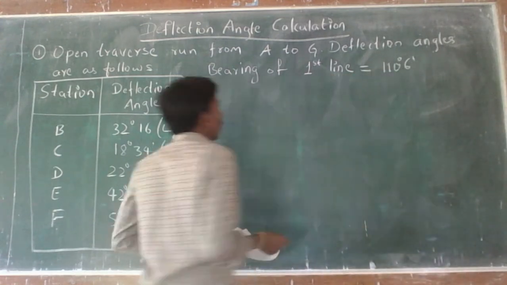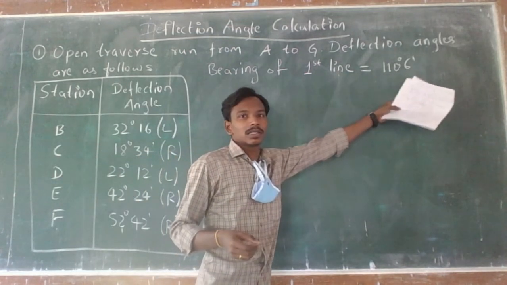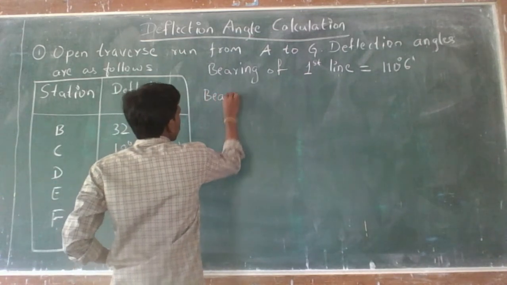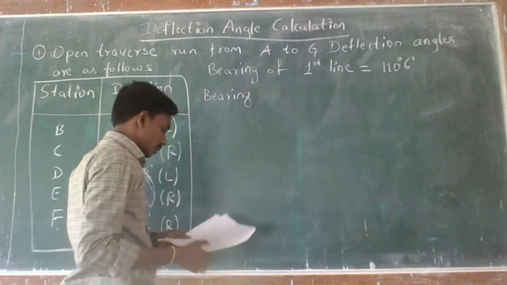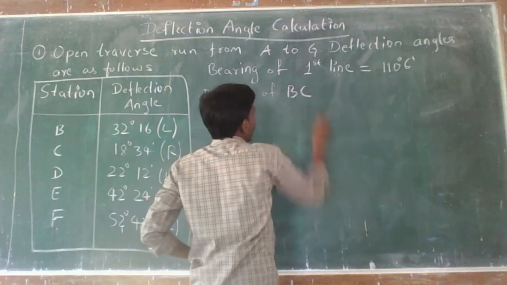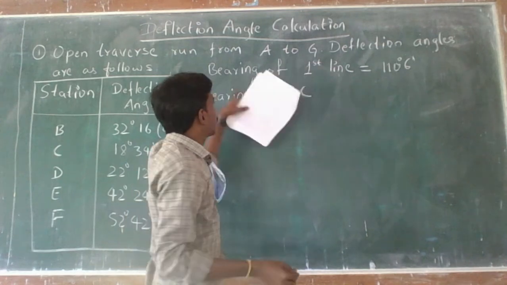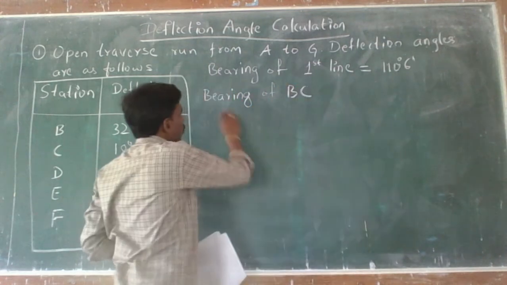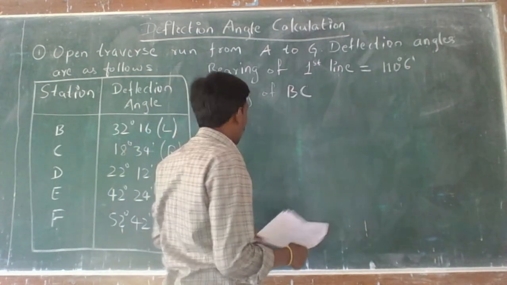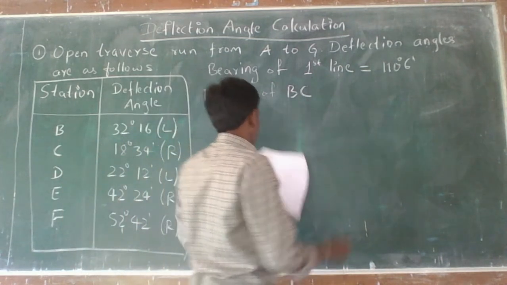So they have given the bearing of first line 110 degrees 6 minutes. So now let's calculate bearing of the other lines. Bearing of BC. The first line is nothing but the bearing of AB. Now we have to calculate bearing of BC, CD, DE, EF and FG. Now bearing of BC is equal to